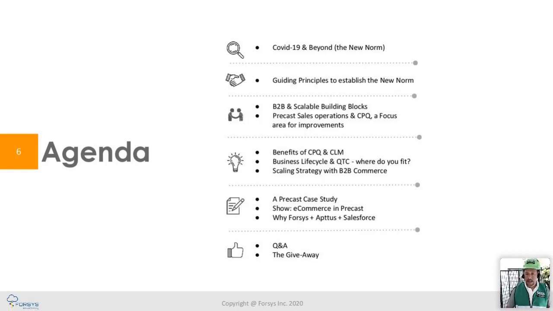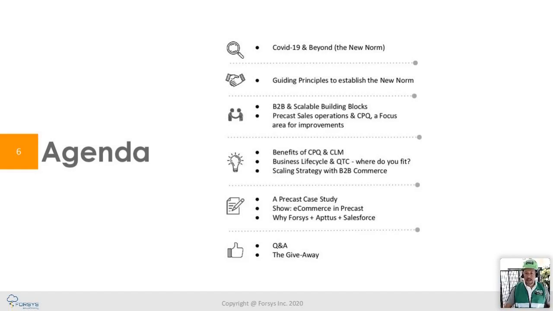Okay. All right, the next thing we'll do is talk about how you scale your business from where you are today, depending on if you're a startup or not. We're going to scale your business and take you to the next level in a post-COVID new norm, given the approach for the building block structures.